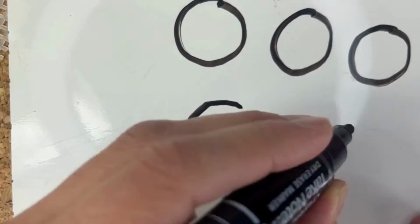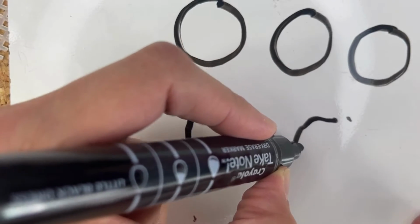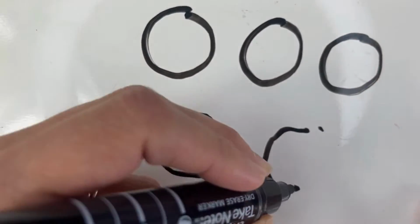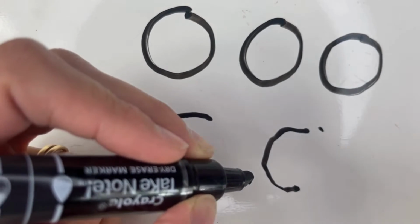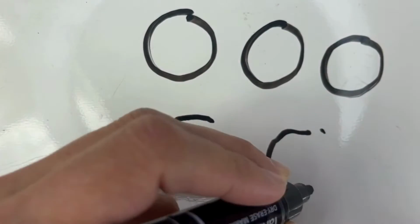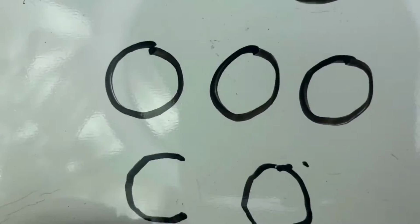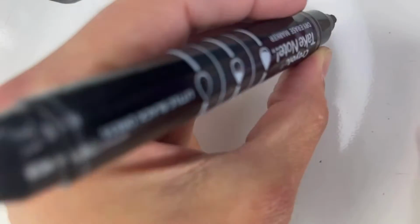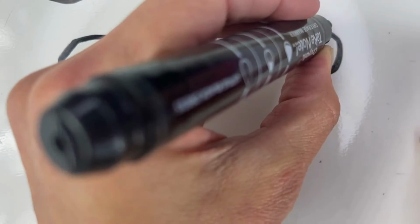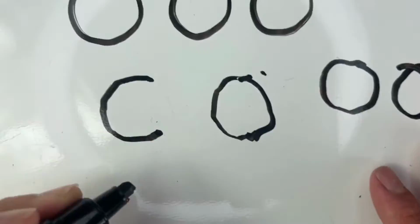So to practice this, again, you're going to just do a bunch of circles starting at that center point. Now I am not a lefty, so my letters look like I am a righty writing as a lefty. And that's okay for this example. You're going to make those curved circles. This is something maybe I need to work on. So again, pulling it into the hand, pushing it out, pulling the pencil into the hand, pushing it out. So you can see